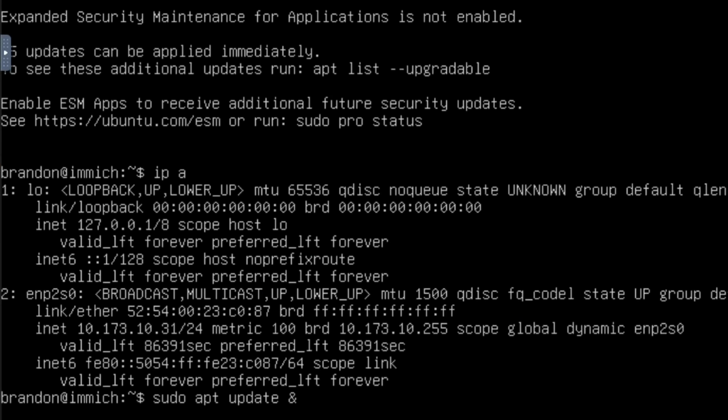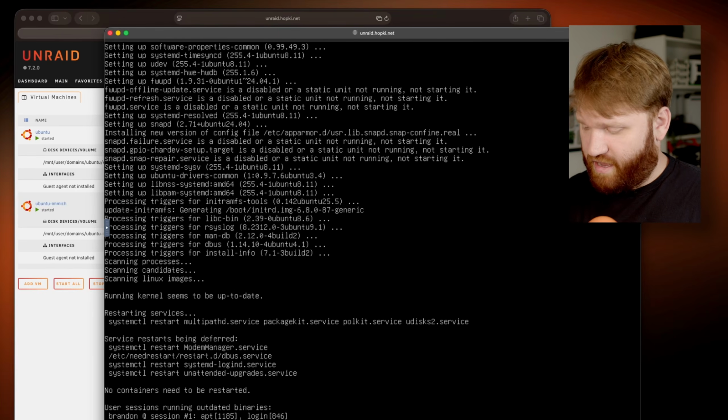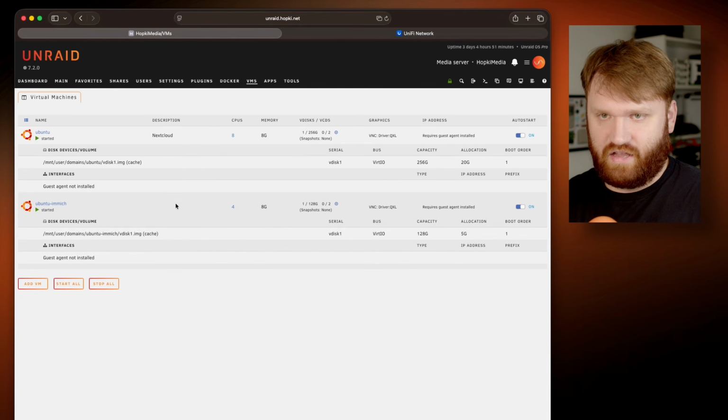So now, first thing we always do when we fire up a new Linux machine is update everything. So a sudo apt update and a sudo apt upgrade. Yes to everything. Let's do it. Give that a little bit of time. Shouldn't be too much going on. And there we go. So I'm actually going to close this out and we're going to proceed in an actual